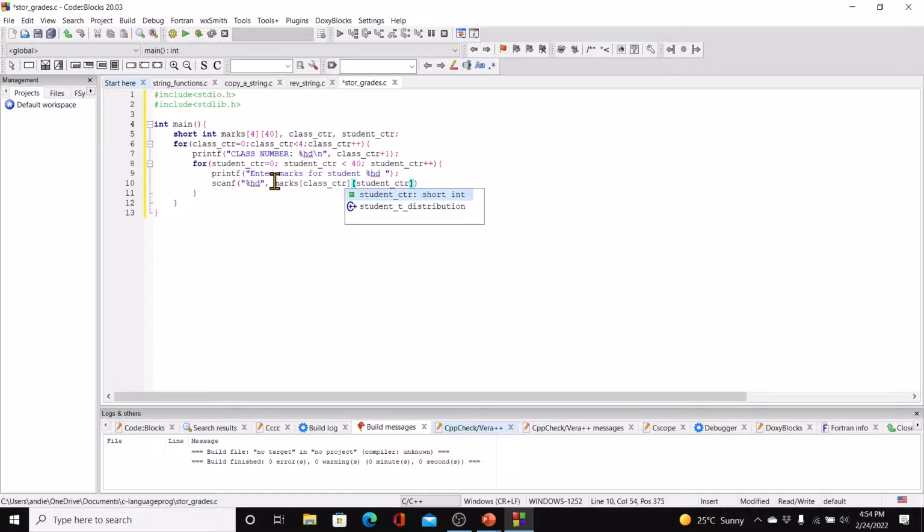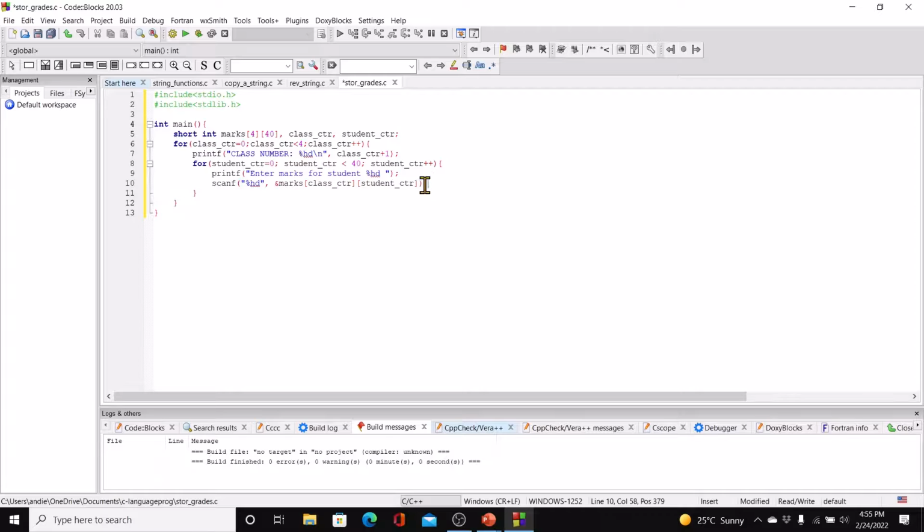Now because we are directly accessing the value, we need to use the ampersand. Okay. So we're directly putting in the value into the position indicated by these two indices,